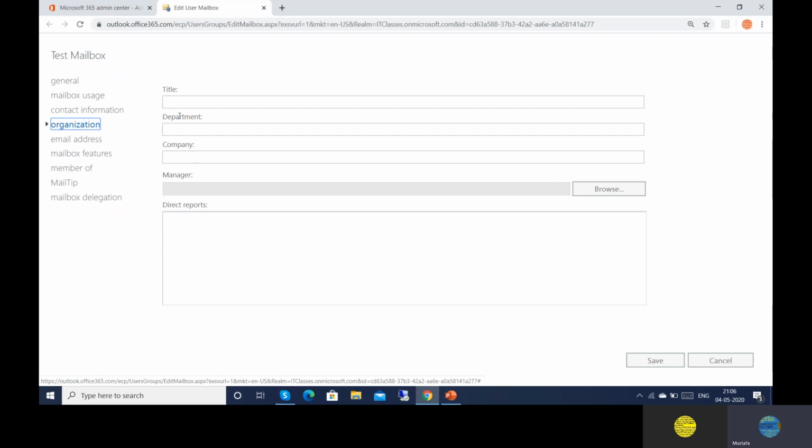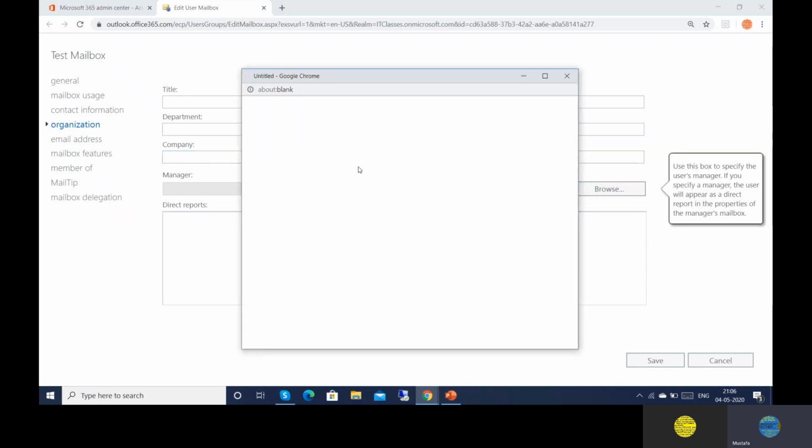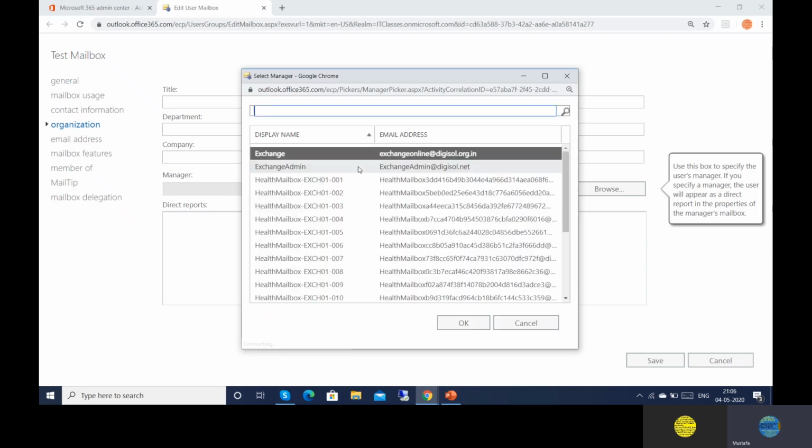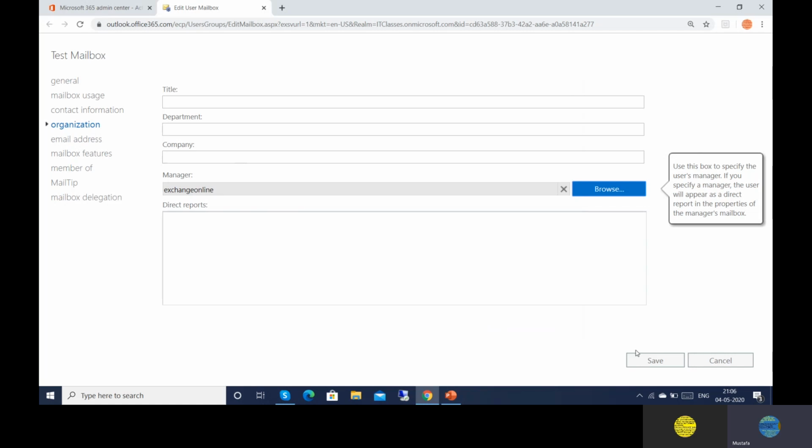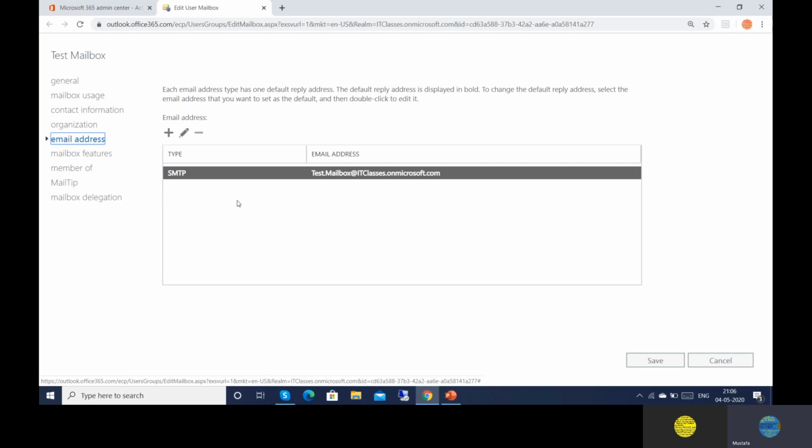You can type the title, department name, and which company the user belongs to. You can also browse for his manager, and if you know the manager, you can add them, or you can save this email address.